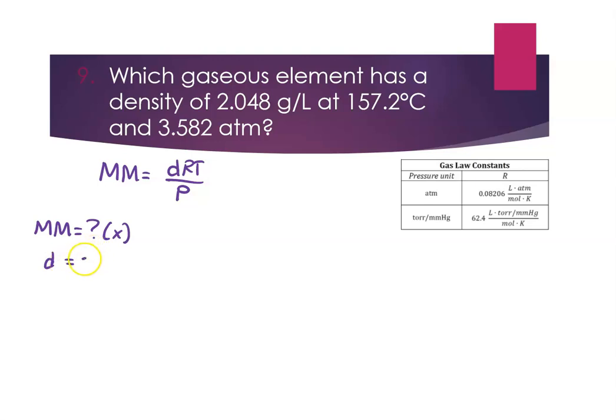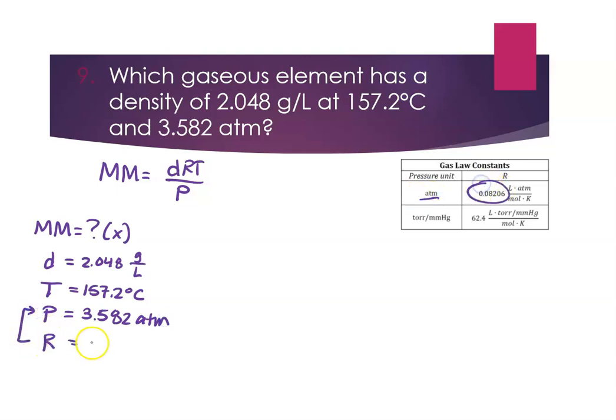All right, so density is 2.048 g over L. T is equal to 157.2. P is equal to 3.582 atm. So our R is based on atm. So this is going to be 0.08206. All right, and then I need to add 273. So when I do that, I get